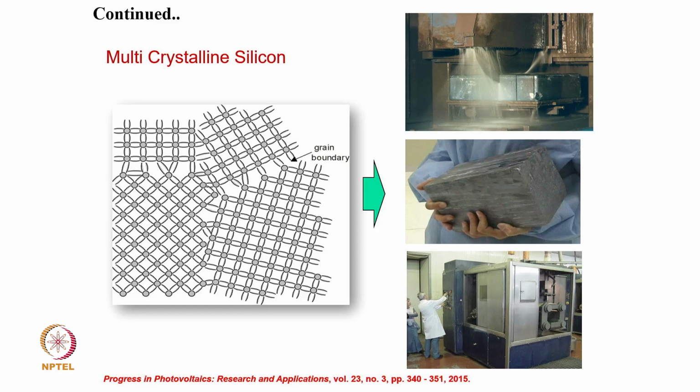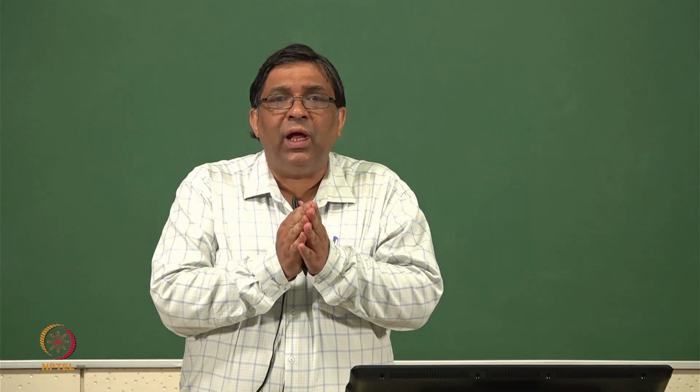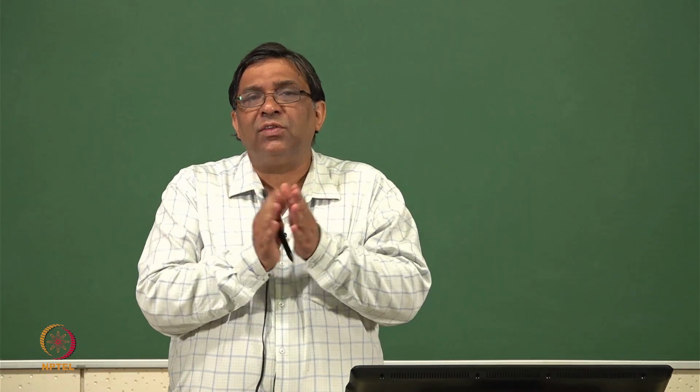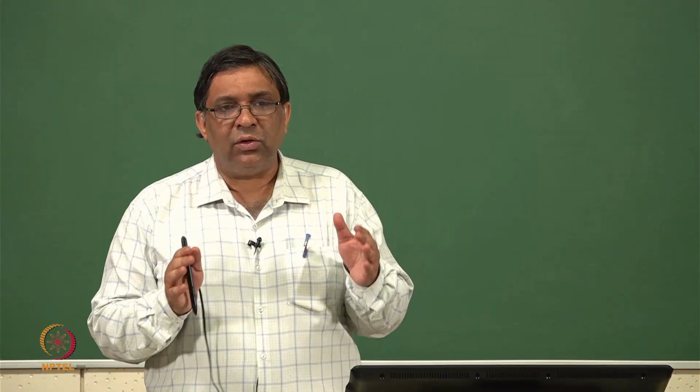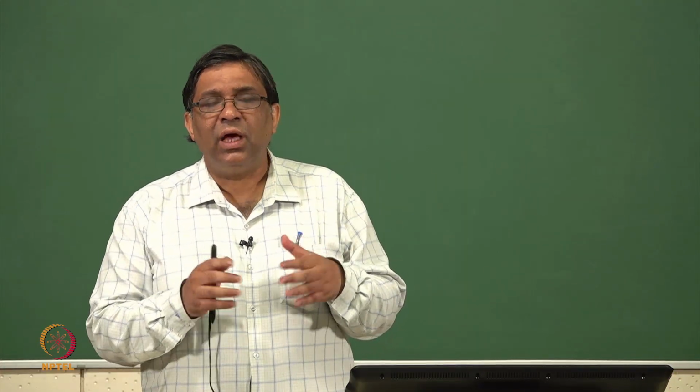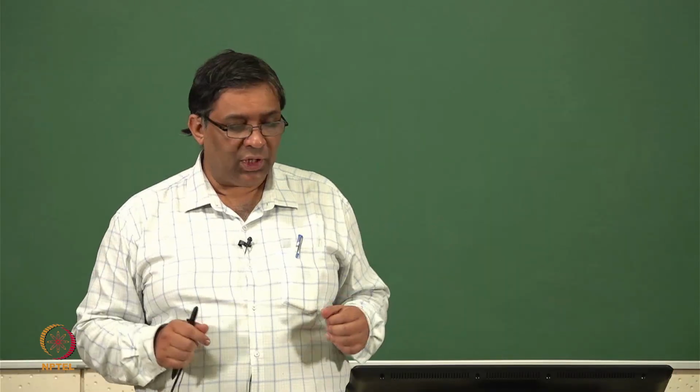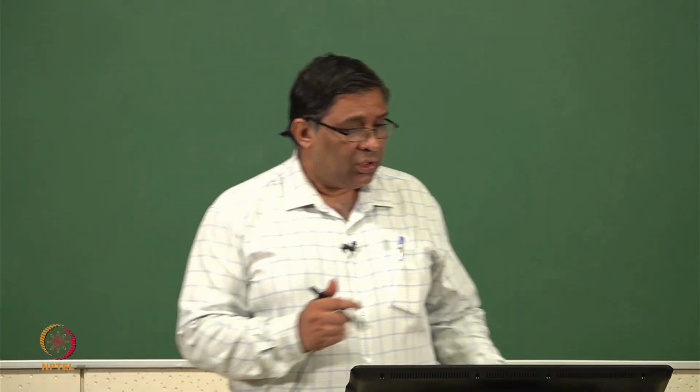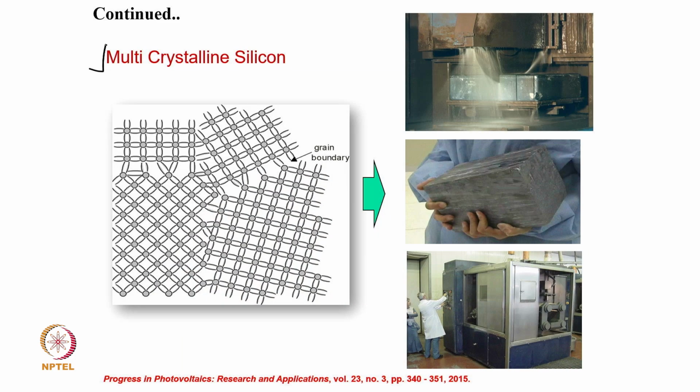So this is being used when you make an N-type and P-type, and then we have already discussed you fuse one N-type with P-type, make a p-n junction, exactly what you did when you make a diode, and then we know how one can make a solar cell. Okay, so what about multicrystalline silicon?